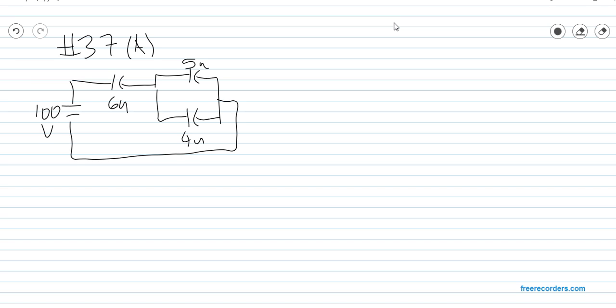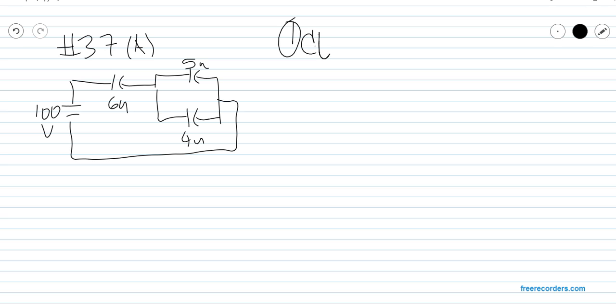I'm going to start with Chapter 10 homework number 37. There's two parts to it. I'm going to start with Part A, which is from Figure 10.33, and it's basically circuit C. For this problem, it gave us a voltage of 100 volts, and it wanted us to find the voltage across each capacitor. To do these types of problems, the first thing you need to do is to find